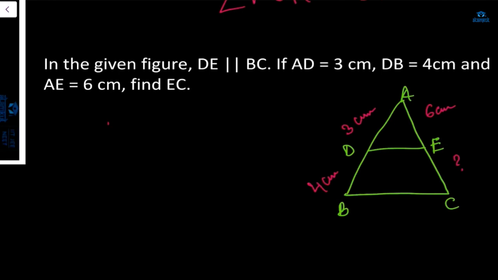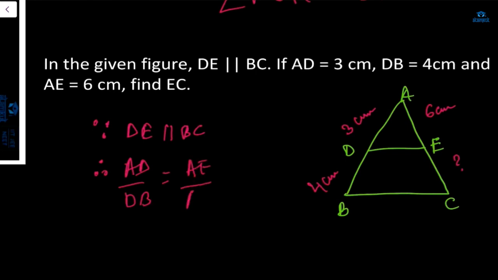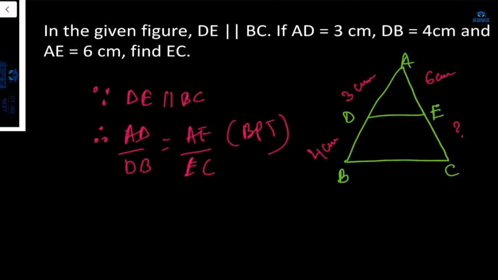Since DE is parallel to BC, therefore AD upon DB is equal to AE upon EC from BPT. So what is the value of A? 3. 8 centimeter. Yes, I'm just writing it down. Which will imply that EC will be equal to